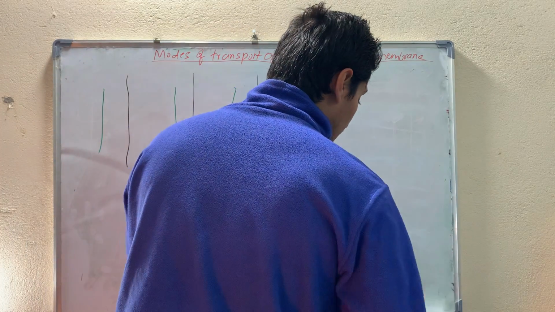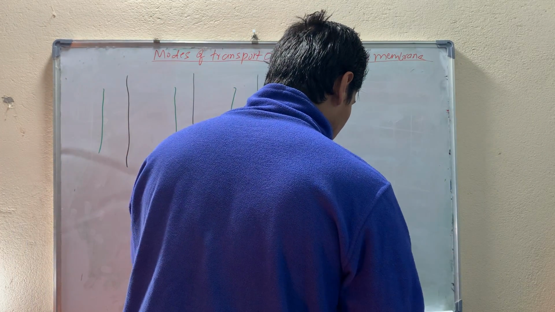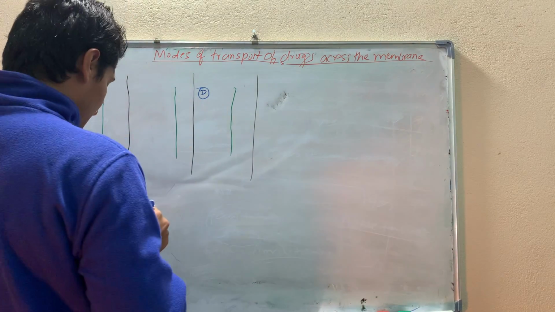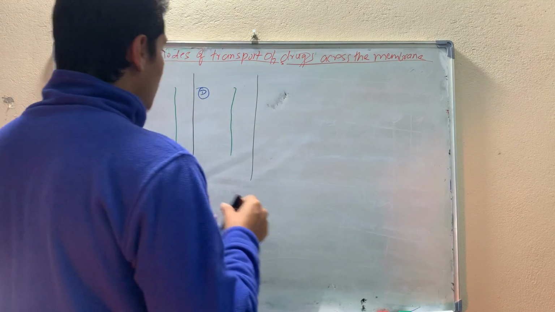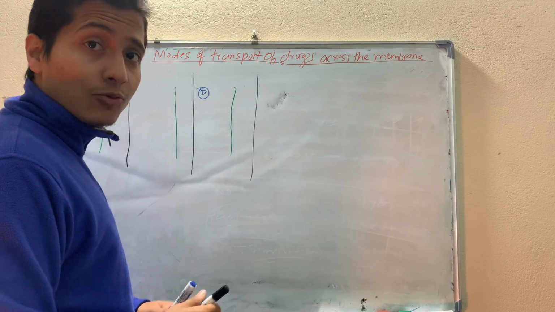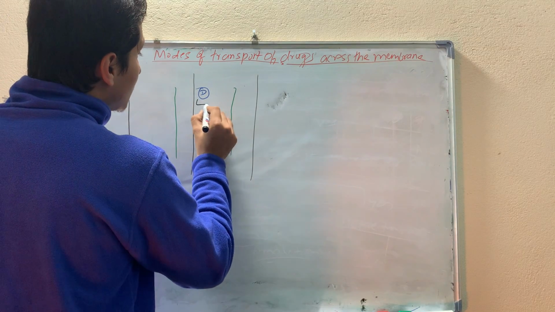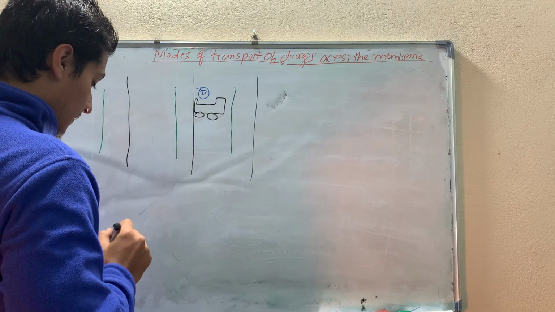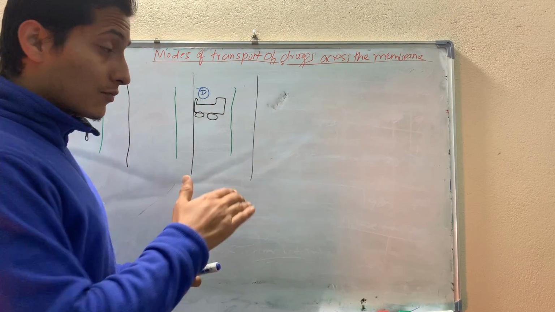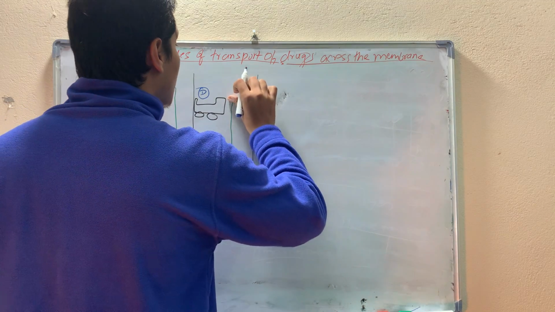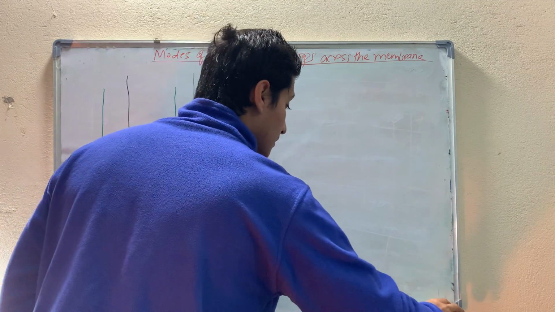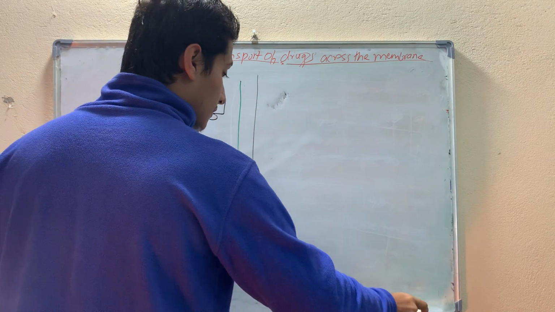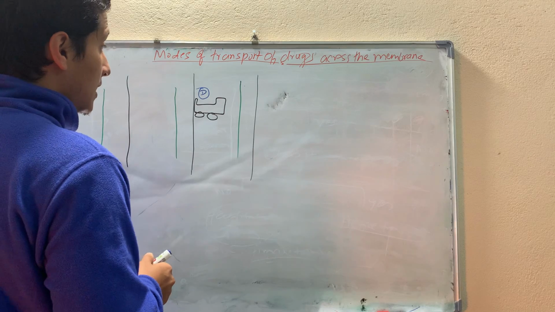Now let me draw a drug. First of all, let me draw a drug because we're talking about the drug. This is your drug. For the drug to get transported across this membrane, we need a carrier, a transporter, whatever you call it. For this drug to get transported across the membrane, let me make the membrane a bit farther. This is your membrane. So for the drug to get transported across the membrane, you need